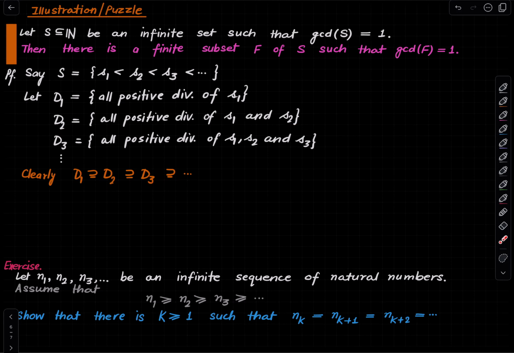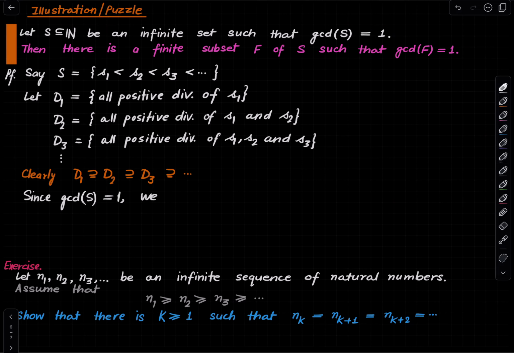Okay, and what are we given? We are given that the set which consists of the positive common divisors of all elements of S is a singleton, namely it contains only the positive integer 1. Right? What does this mean? Let me write it. So since the GCD of S is 1,